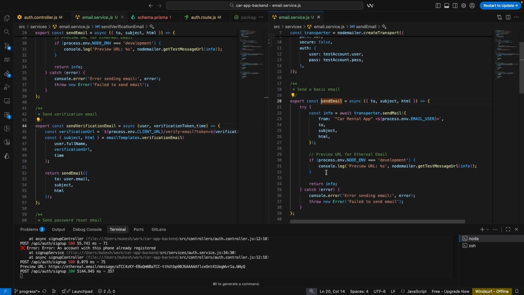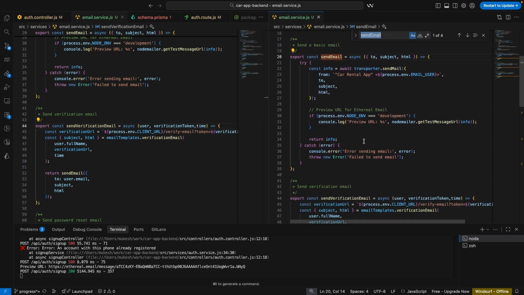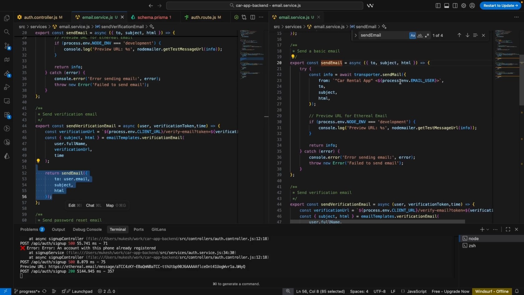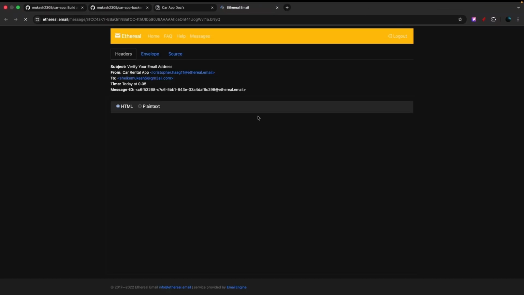So when we are sending the email, basically send verification email uses this send email function, and internally it sends the email, and once it checks process env node environment, if it is development, then we are getting this preview URL. So what we need to do, we just need to copy and follow this link,